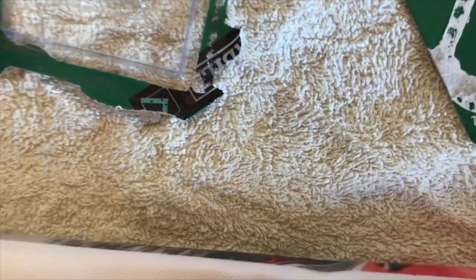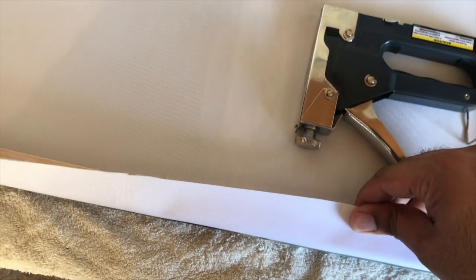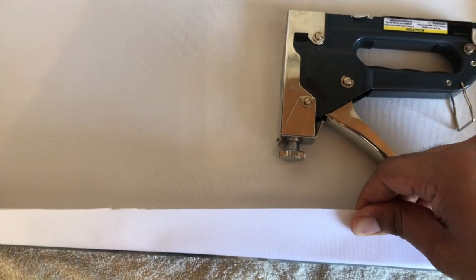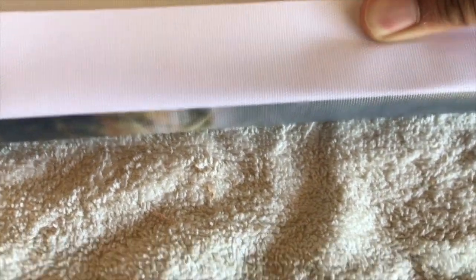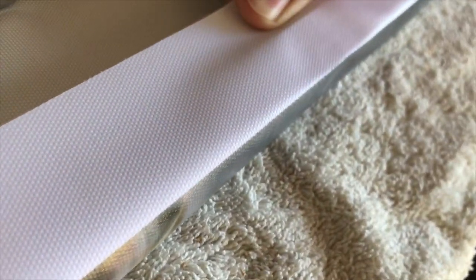This side. Now what's cool is obviously the canvas is going to stretch. So if we're a little bit big, which I tried to be, let me staple this down here. I'm going to one-handed throw down this first staple so you can kind of see how the process goes. I make sure I'm perfect at this edge here. It's hard to see this angle, but